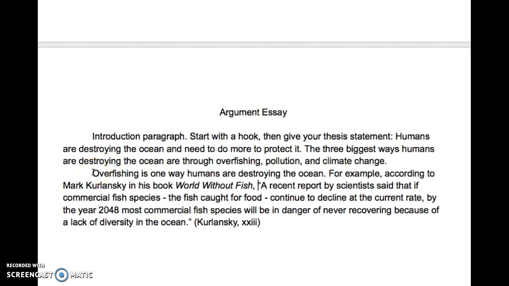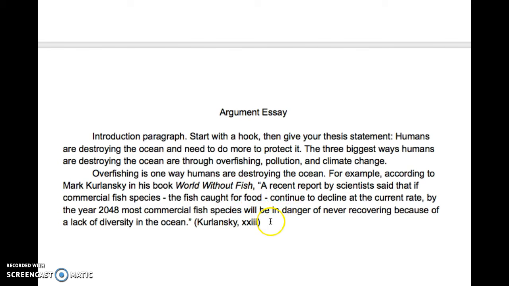So now, really, the bulk of the work is done for this paragraph. I have the topic sentence. I just put my transition in and it's pretty great. I've got my quote as evidence. Now, the only thing I need to do is include the reasoning. So the reasoning is just another explanation of how this evidence supports your claim and supports the thesis statement. So this is where you're going to explain what this has to do with